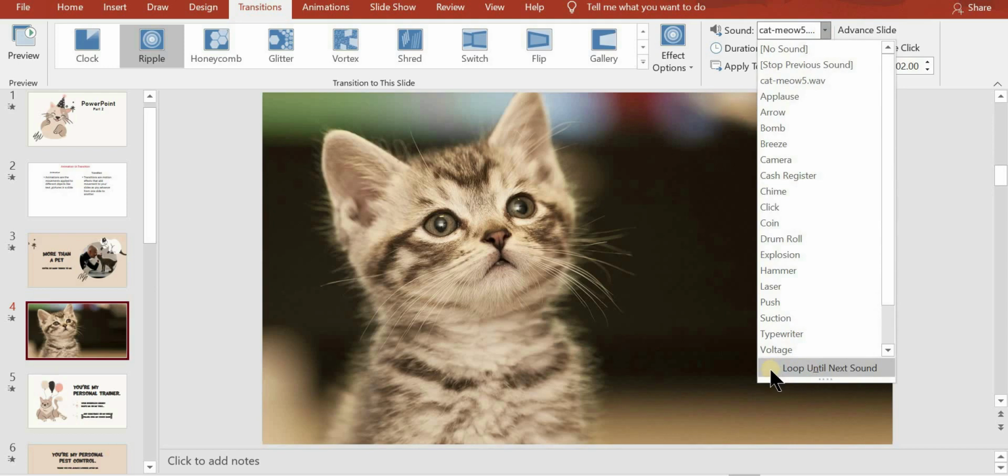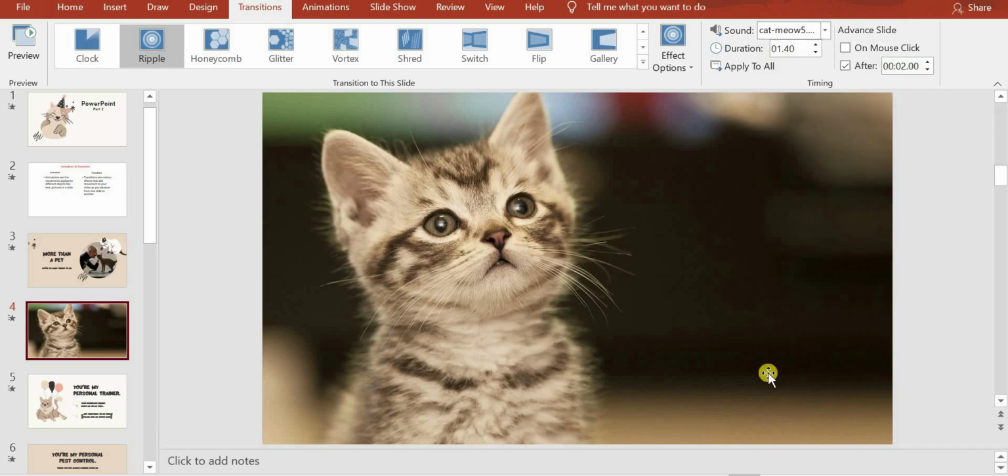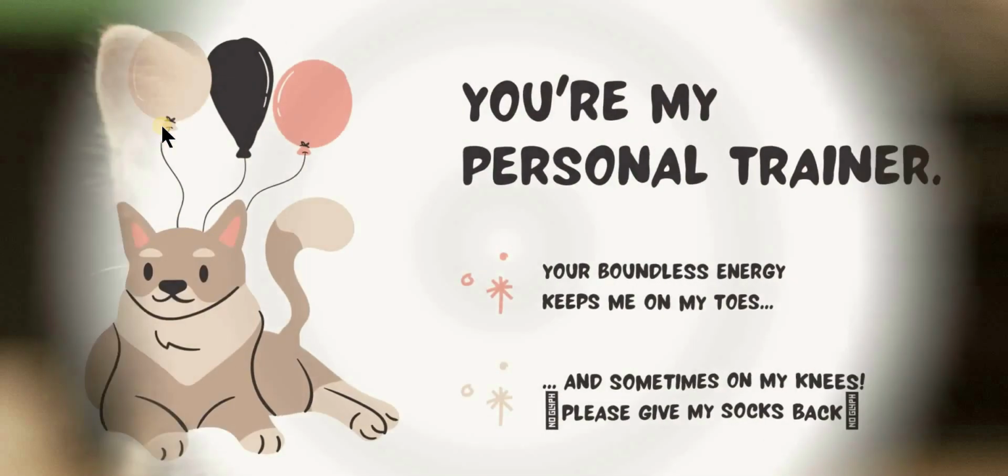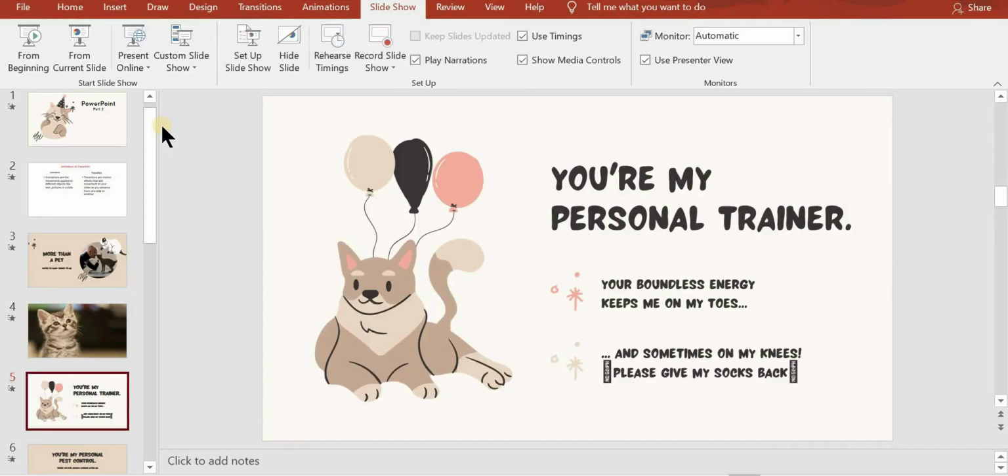So it will continue till the next sound comes. So I am clicking on the loop, and you can see the slideshow from current slide. So that sound will continue as long as that slide exists on the screen.